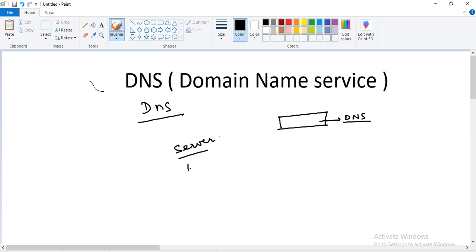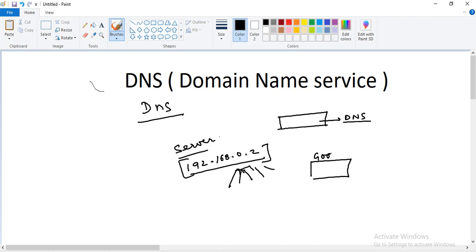So when we launch any server, we have an IP, suppose 192.168.0.2. This IP we have, and like this we have multiple IPs for the load balancing part. Please go and watch my load balancing and auto scaling video also, because those are the base concepts on which this is working. So this is our server, suppose this is our Google server, and we have multiple IPs, because